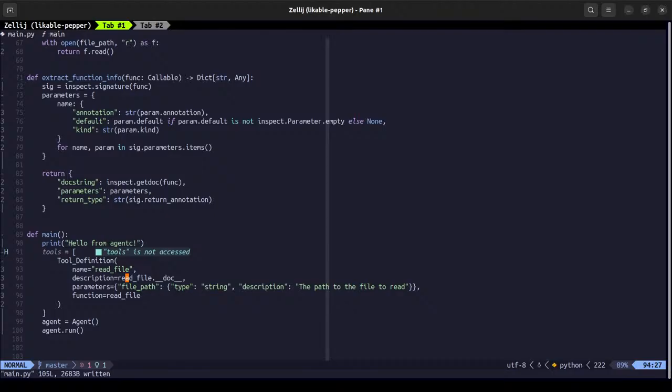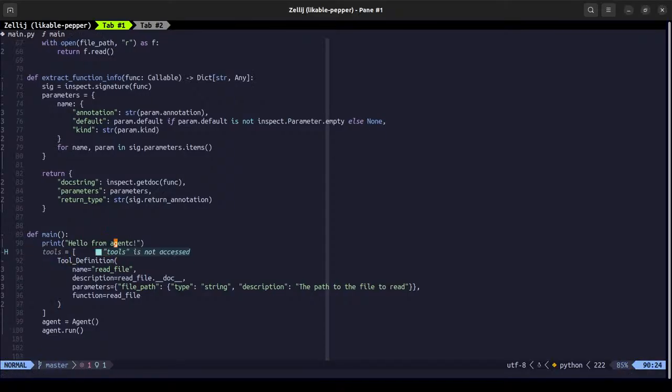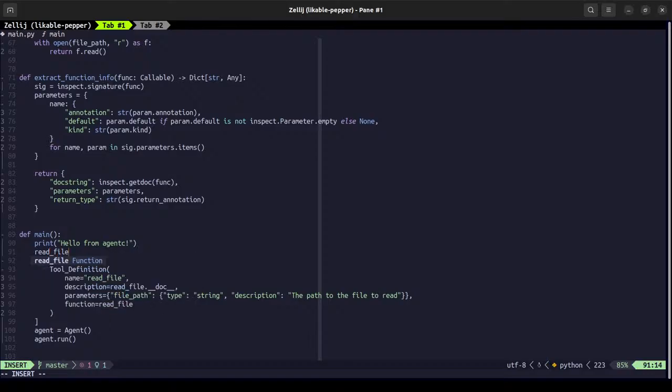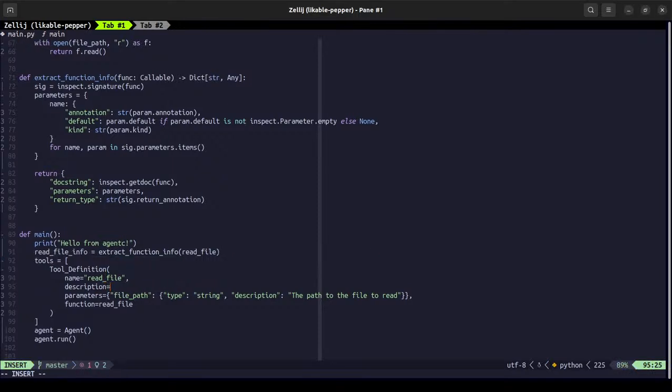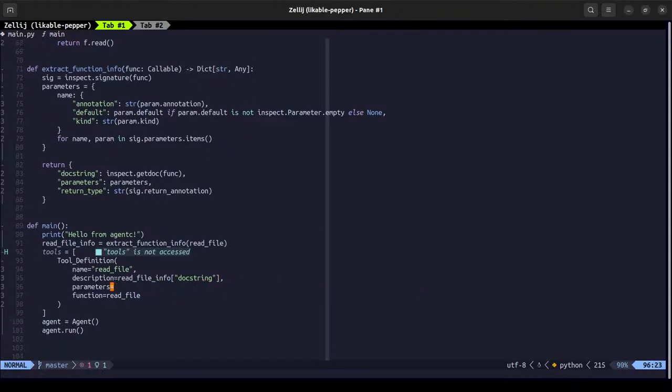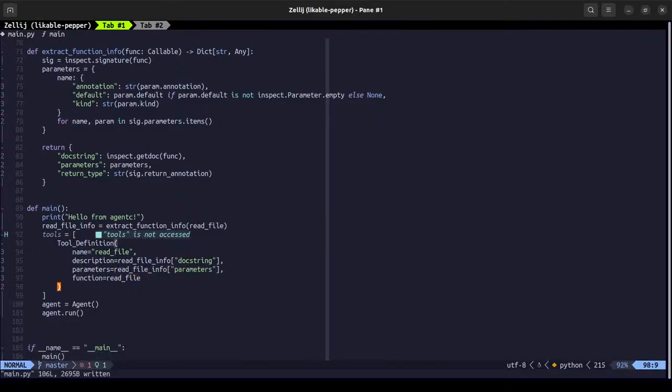We don't have it in there. And that is that.